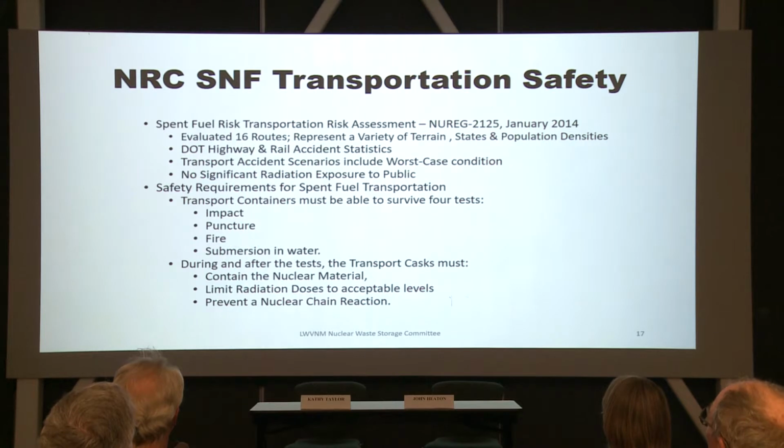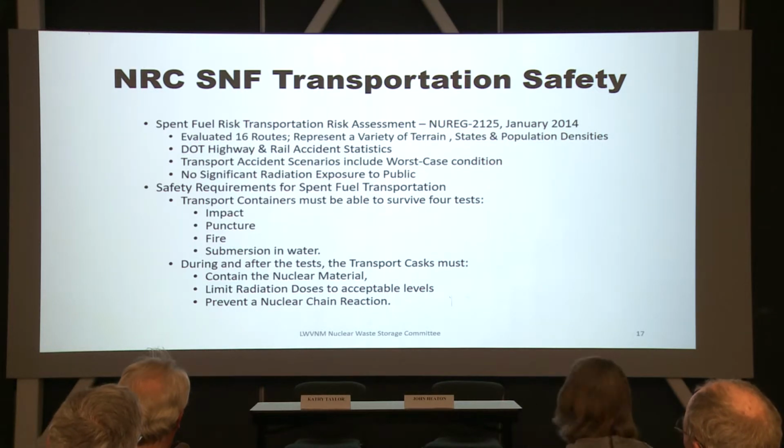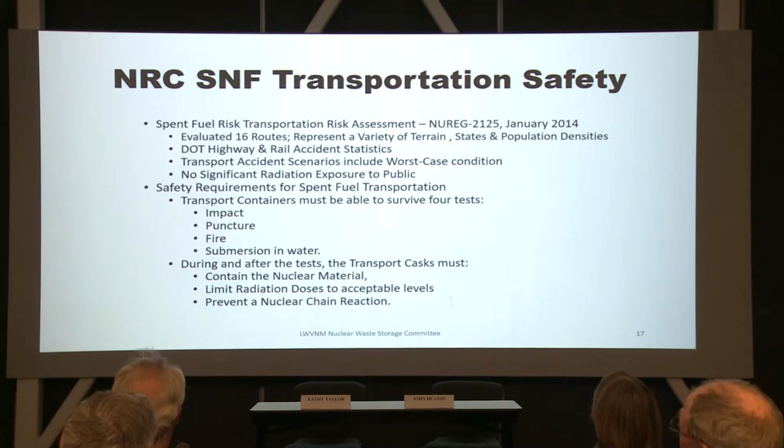This is using updated data for populations. Originally they just evaluated one route. Now this evaluates 16 routes, starting from basically a power plant on the East Coast, going to one in the Southwest, or to a repository, or going from north to south. So they evaluated different terrain, different states, different populations, and they look at not just accidents, but